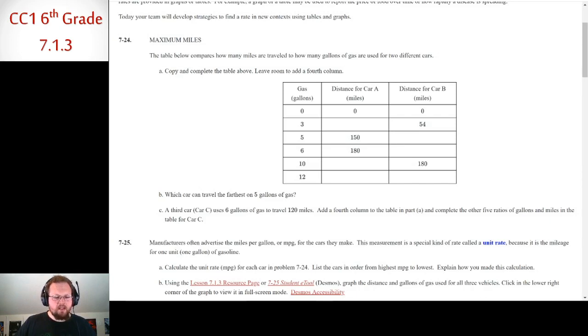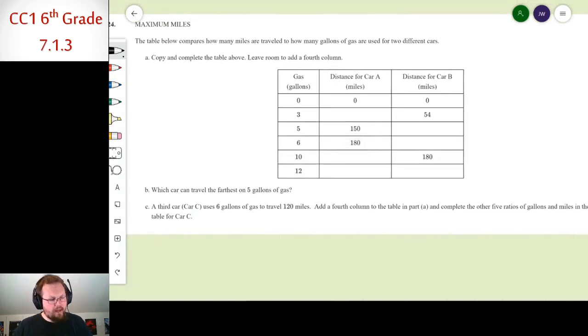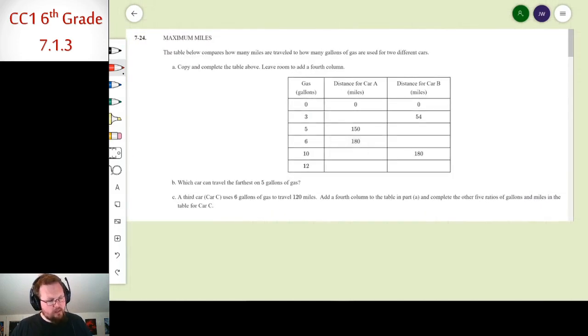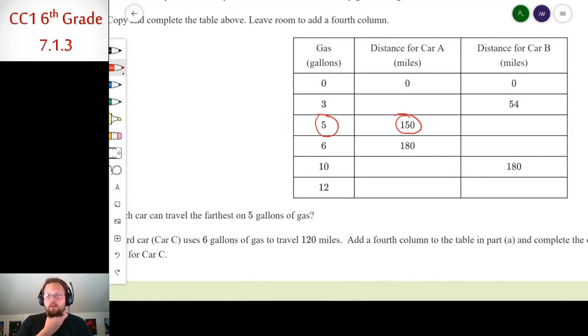So what you're going to be asked to do is to figure out a rate that will allow you to fill in this table. I'm going to start off with the first one. You are provided with some information, such as car A. We're going to focus only on car A right now, just looking at that section. It goes 0 gallons for 0 miles, and that's fine. But also, it has a 150 and a 5 that match together. This is going to allow us to calculate the rate that this car travels on gas,